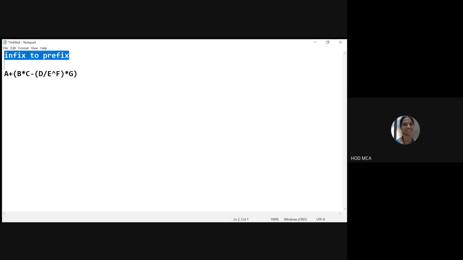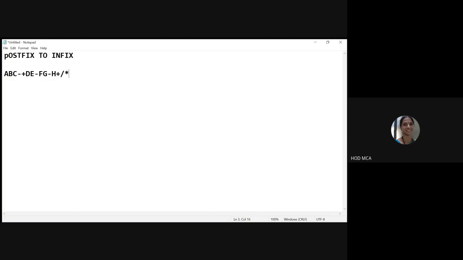Now, next let us see how you can convert postfix to infix. How will you do that? Anybody? Okay, I'm going to give you a postfix expression: A B C minus plus D E minus F G minus H plus slash star.